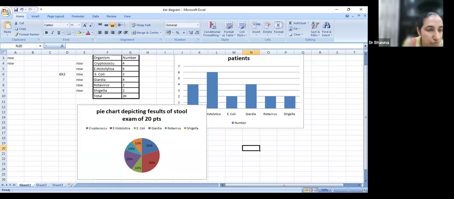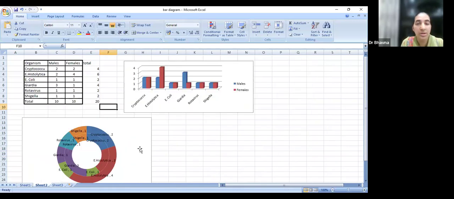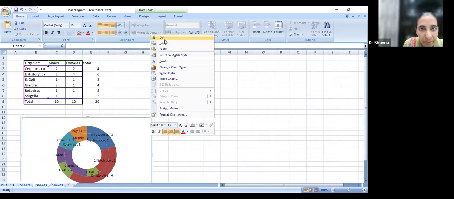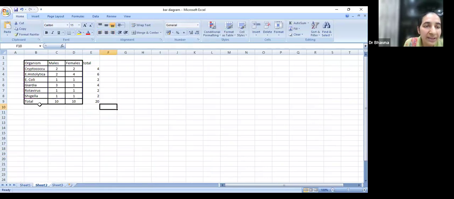Okay, now we'll just do one thing. We'll go to sheet 2. See, this was the example that we did. I'll delete this. We'll draw this again. I'll delete this also. Okay, see, ideally there have to be totals here. But since our data is in all these cells, these are bold and the total column is not bold. But ideally, this is how you have to draw a table, write totals.